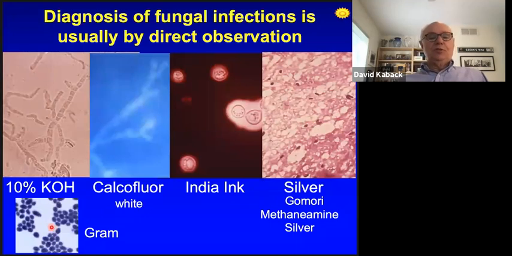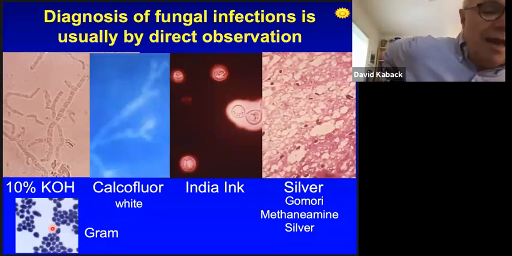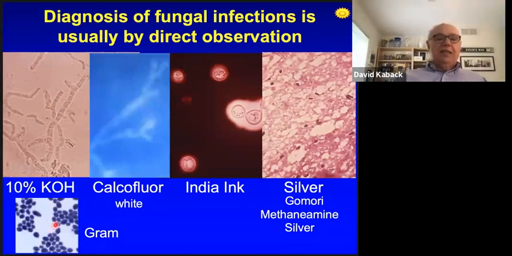Finally, we can use crystal violet and repeat a gram stain on it, and you see that they stain nice and purple because they have that polysaccharide membrane. Now, we don't refer to these as gram positive or gram negative because it's of no diagnostic ability, but we can use gram stain to stain fungi purple. It's all you need to know.